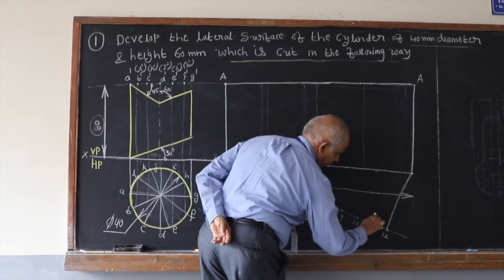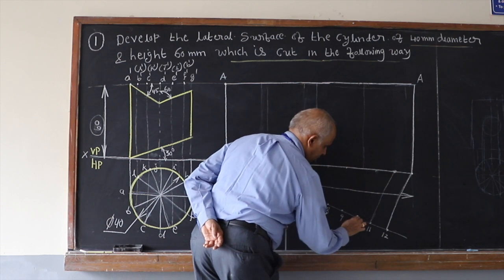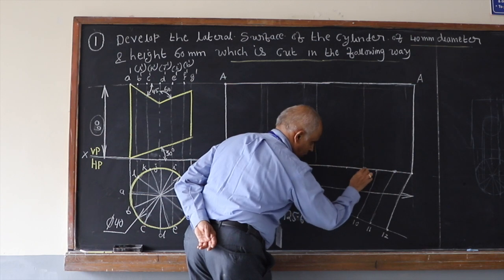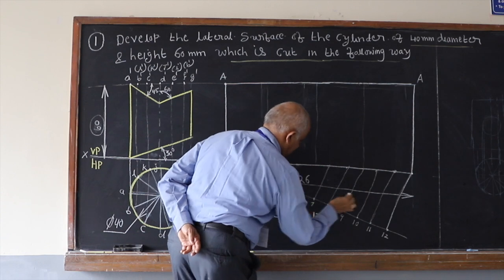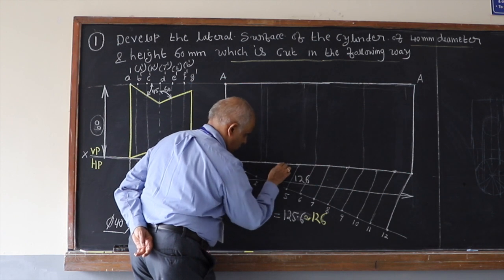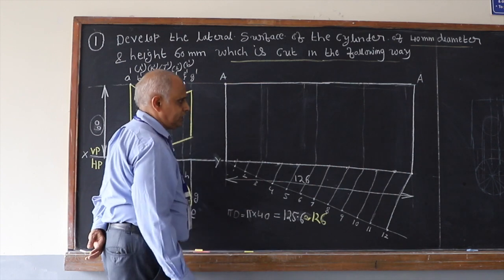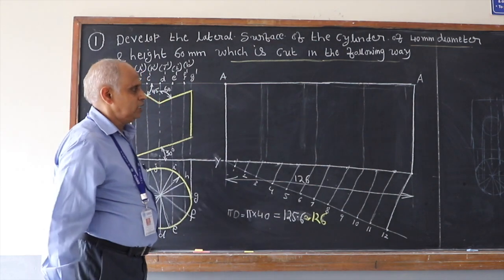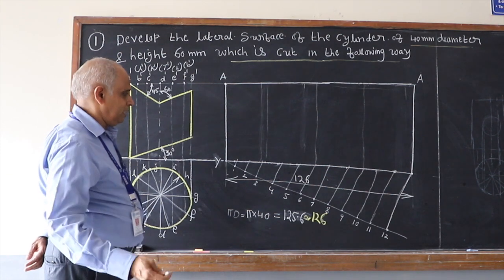So when you draw a parallel line to this, from here you get this point. From 10 if you draw it, you will get this point. From 9 if you draw it, it will get this point. From 8, from 7, these are all parallel lines. From 6, from 5, 4, 3, 2, 1. That's how you have been able to divide 126 into 12 equal parts using geometrical approach, because 126 by 12 may not be exactly divisible.